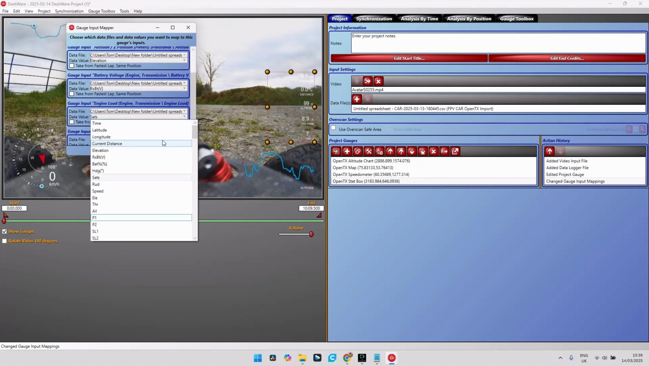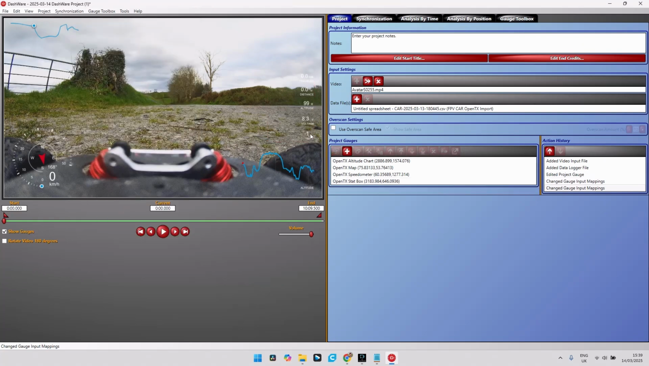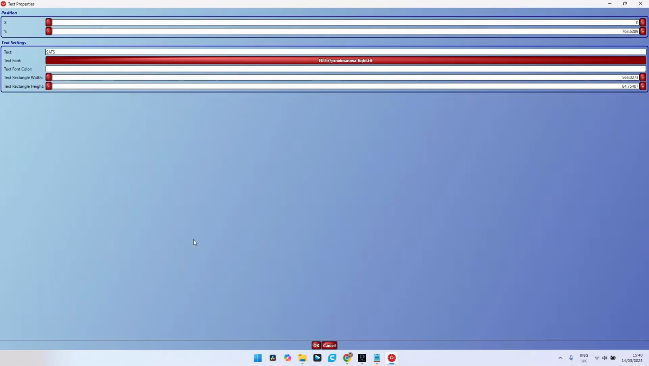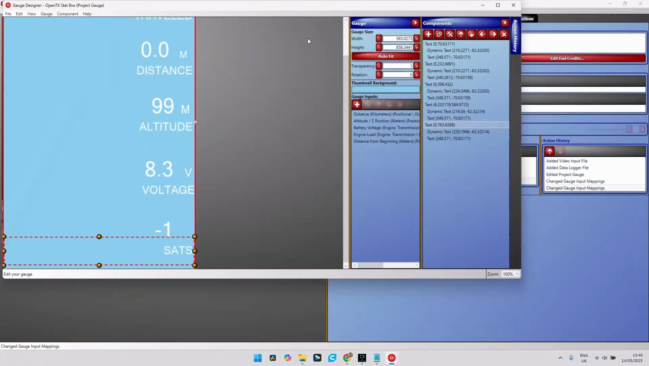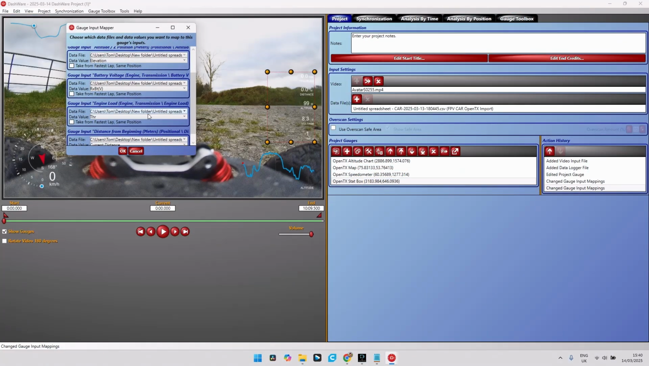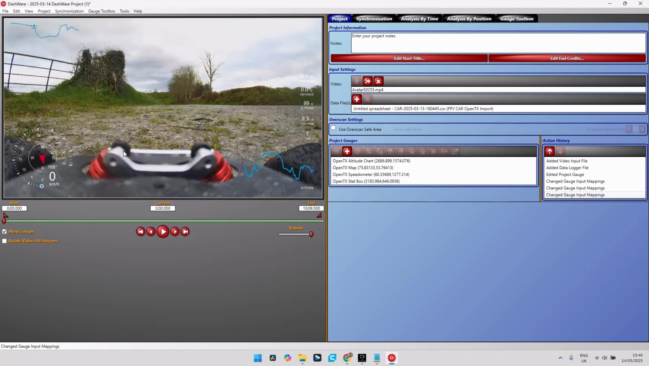We could in theory change that to the throttle position, and then just change the label in here to throttle position, and then you can save that as a separate gauge. Let's change that back to sats. So there you go. That's how you do it. So that's them all in there, and we can